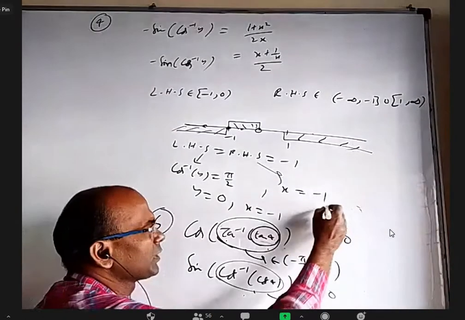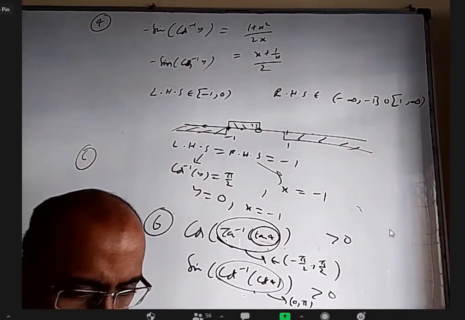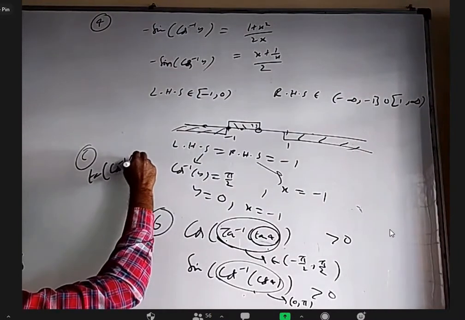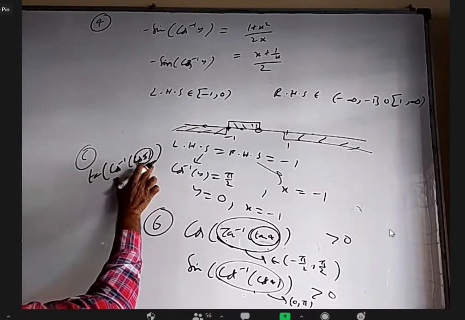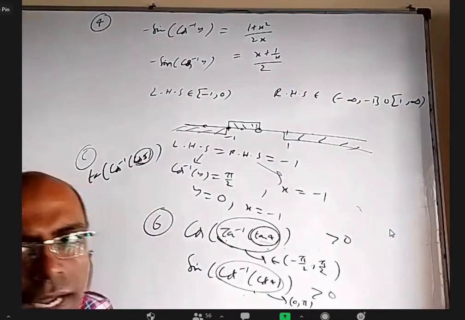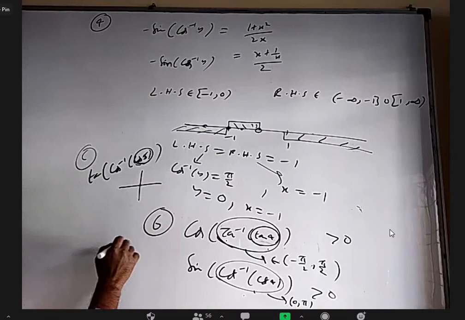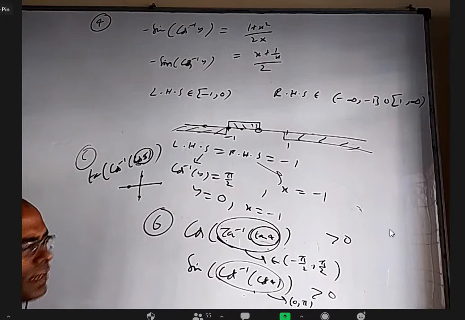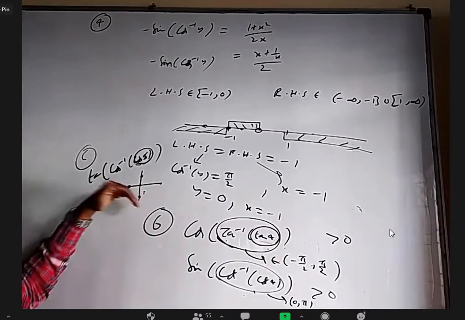For example, C bit: tan of cos inverse cos 5. The only important thing for me is whether cos 5 is positive or negative, whether the answer is 5 plus 2 pi or 5 minus 2 pi. I don't need all those answers. Where is 5? This is 0, this is pi by 2, this is pi, this is 3 pi by 2. Even 3 pi by 2 is a little less than 5, so 5 is somewhere in the fourth quadrant. 5 is less than 2 pi but more than 3 pi by 2.